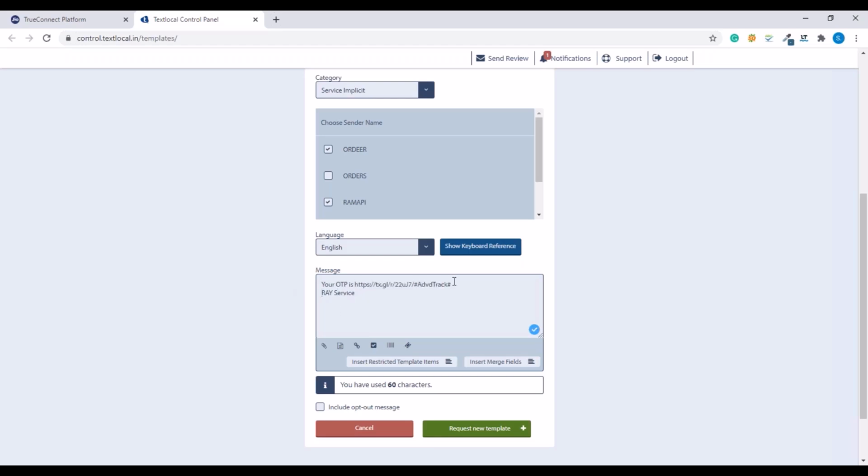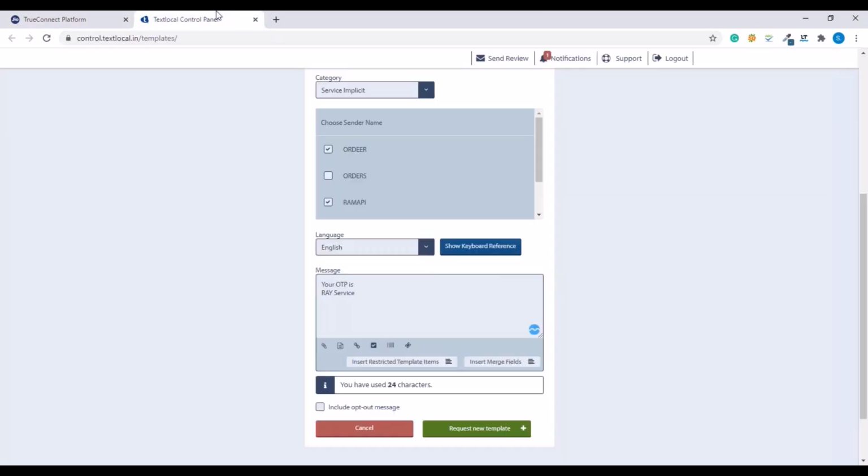Let's assume the content that was approved for you in TextLocal had a short link. We would advise against copying this entire thing and getting it approved in the DLT platforms, because these advanced characters change at the time of sending. So what we suggest is that you select this entire thing and add 2 variables in place of them. So what you have to do is select this entire thing and add 2 variables here.